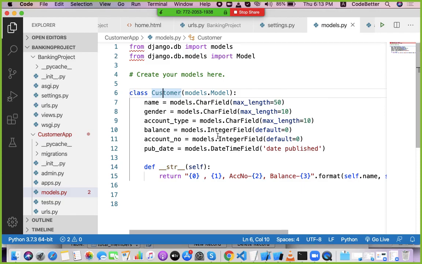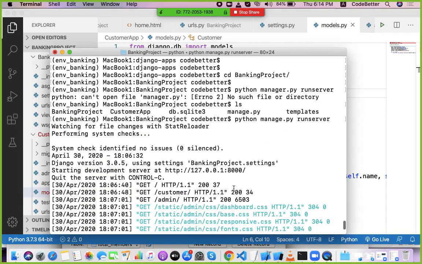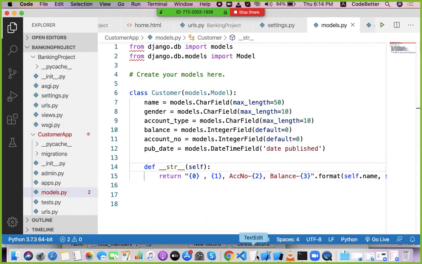So if the database is there and you have connected everything, you created the database, then you can fetch that data directly from the Python shell terminal itself, or using a standalone Python program. We'll look into how we can access the data in Python in our Django app, but we can also access the data directly on the terminal. Okay, so let me give you the basic idea around it.